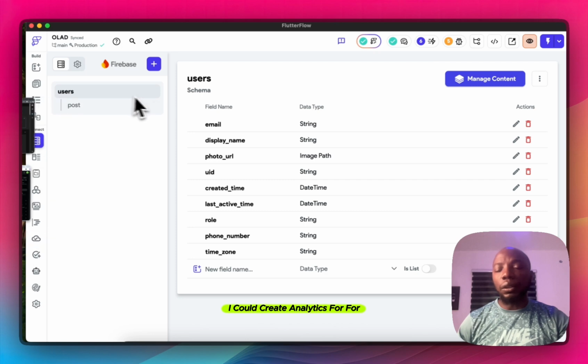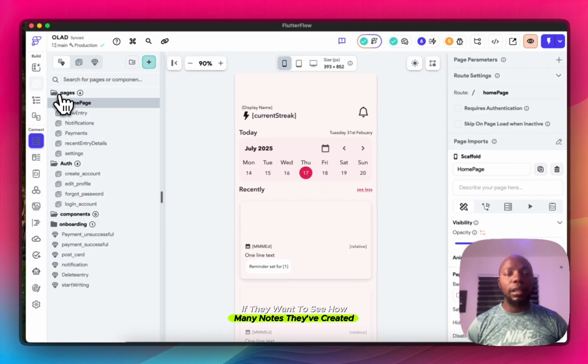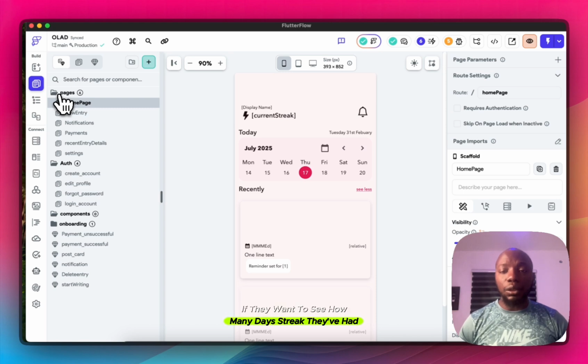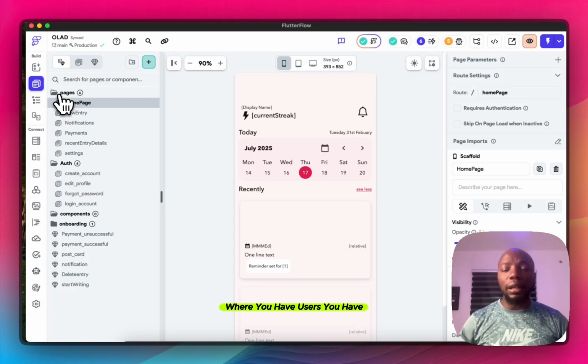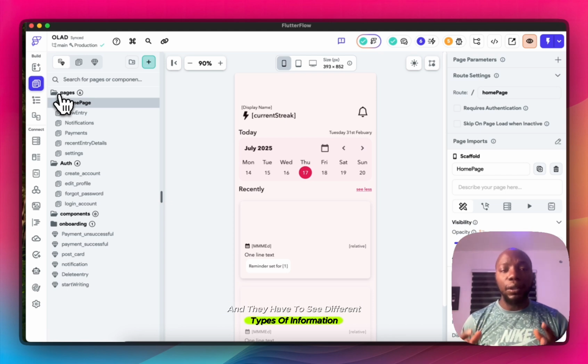So for example, I could create analytics for my users if they want to see how many notes they've created, if they want to see how many days streak they've had, if they want to see all of those stuff, I can create analytics. And also, if your app is a multi-tenant application where you have users, you have admin, you have different type of users, and they have to see different types of information, right? So let's go